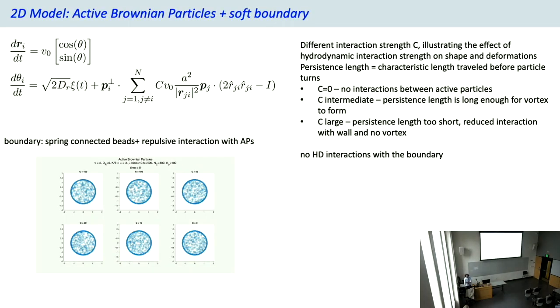So I had a fresh PhD student who came to me. He was like, oh, okay, I want to do modeling of this active system. I was like, well, let's take the active Brownian particle model, where all our particles are swimming with a certain speed, and then they reorient because of thermal noise. But we also put in some interactions. I'm a fluid dynamicist, I see hydrodynamic interactions in everything, so we have to put in the hydrodynamic interactions.